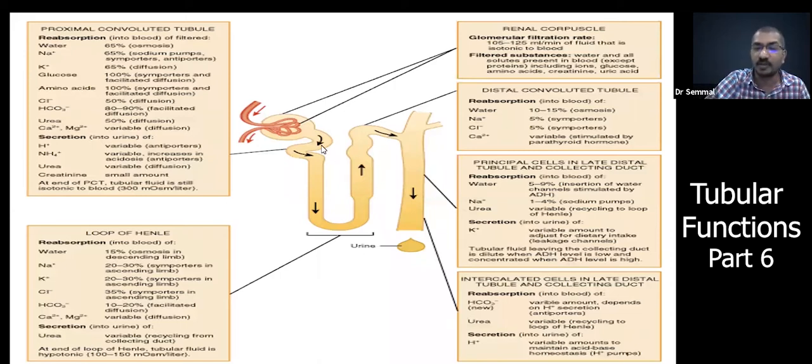This is the proximal convoluted tubule. This is the loop of Henle, distal convoluted tubule, collecting tubule, and this is the urine. You can see here 180 liters is coming, 125 ml per minute GFR, 180 liters per day. If all of this 180 is allowed to go into the urine, you will die within minutes. You will pass an excessive amount, 20 to 30 liters of urine. And even if you keep on drinking water, the person will be totally dehydrated and he will die.